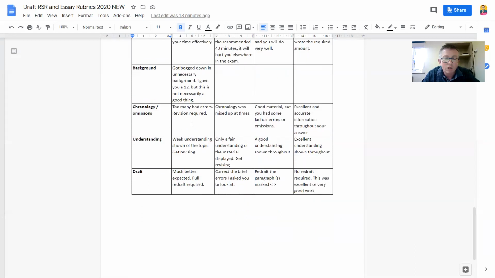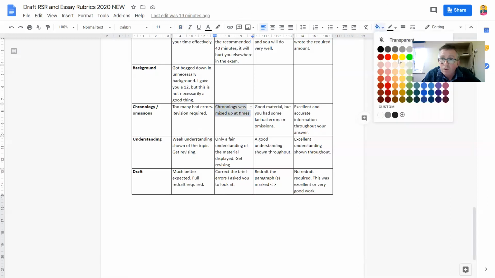Chronology and omissions, it's pretty straightforward: too many bad errors, revision required, they just haven't learned. Chronology was mixed up at times, it can happen to the best of students, especially in fifth year, just events in the wrong order, but there's no harm highlighting it. So if you highlight that here, like this,